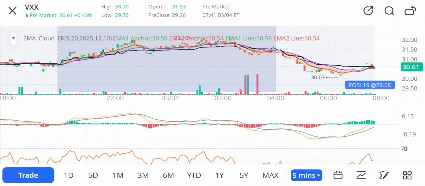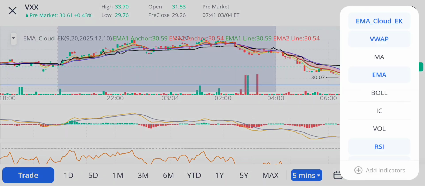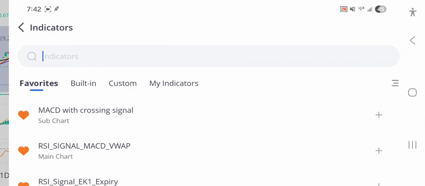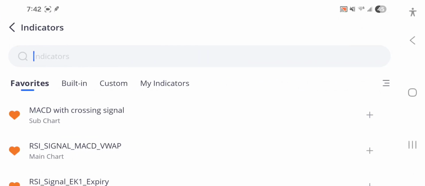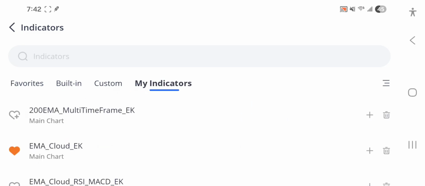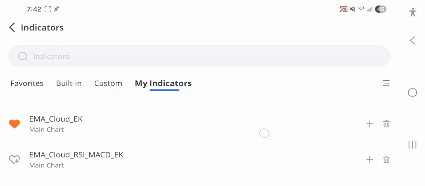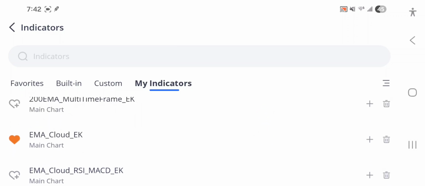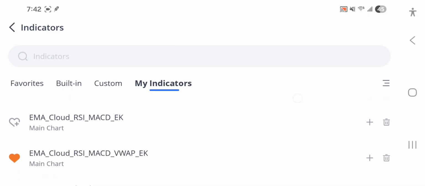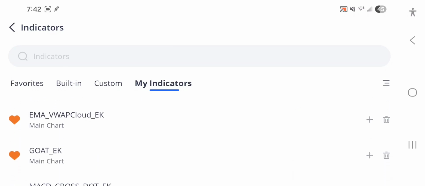So now from here I go to indicators and add indicator down here at the bottom, and then from there it shows the favorite, build, custom, and my indicator. The my indicator is where we have the custom indicators populated. From here I just added the EMA cloud, and just to show